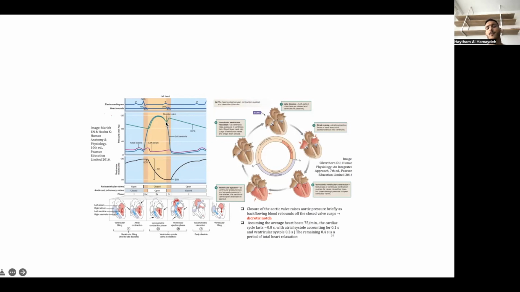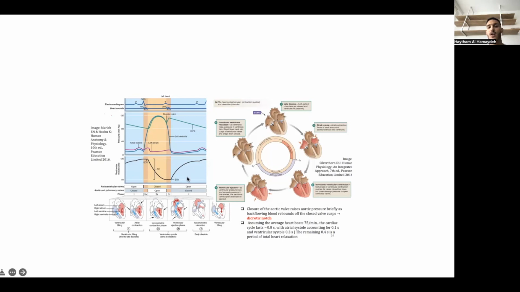And then we have a decrease in the blood pressure. See here, the rise in the aortic pressure is because now the aorta is receiving all of this blood. Now it's receiving all this pressure. Now the increase in this pressure directly happens. And so, the decrease in number 3, we're having